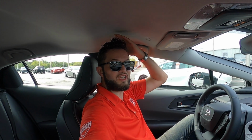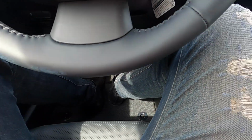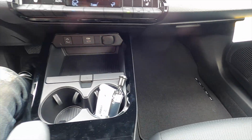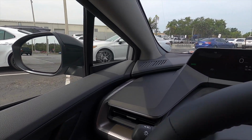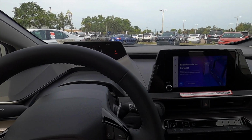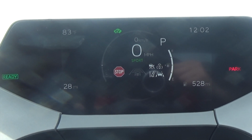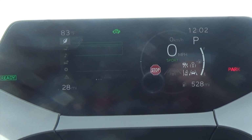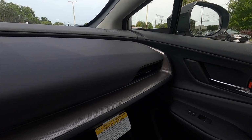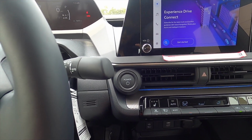The new Prius headroom starts at 38 inches for the front occupants, legroom at 43.2 inches. It's a wider interior because of the new platform, so that gives optimal space for the front occupants. The biggest update for the Prius is the 7-inch gauge cluster for the driver. No more just one screen. This one has the 8-inch touchscreen with navigation. We now can go through an array of information for the driver that sits right above the steering wheel with a circular dashboard integrating into the aluminum look, with the ambient lighting going into your push button start, standard climate control,